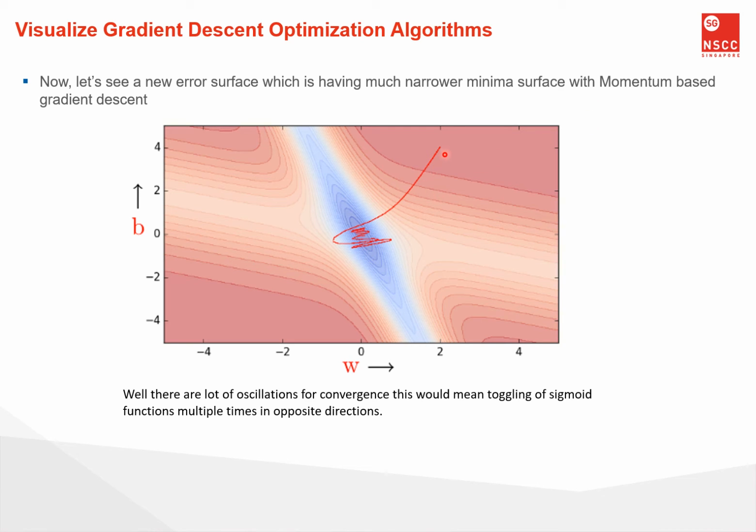Stochastic gradient descent will also bounce around, but maybe not as much as momentum-based gradient descent. Now why do you have these long narrow valleys with steep sides? One of the possibilities is feature scaling. If you have some values that are very large, they change very rapidly, and another set of values representing another dimension that are very small, so they don't change very much. If you don't scale the values